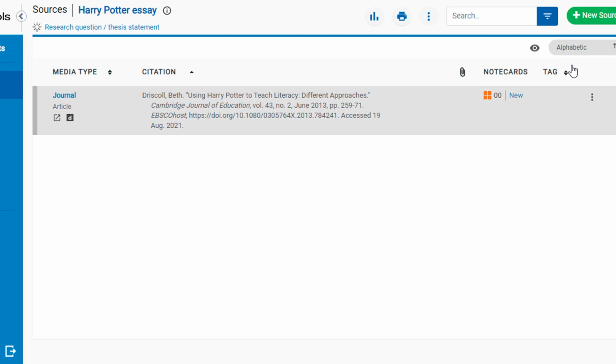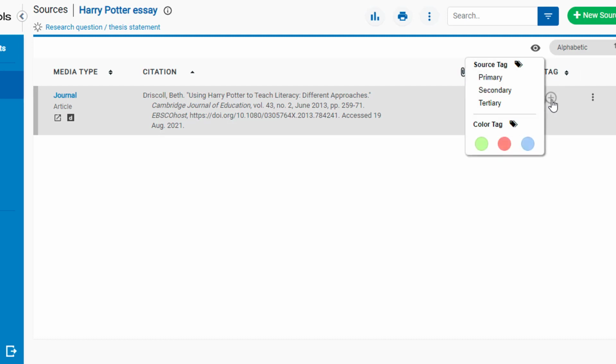I also have a few extra options to organize my sources, which is especially helpful if you start adding a lot of sources and you have a long list. I could choose to label the source type, primary, secondary, or tertiary, and this can be helpful if you have an assignment that requires a certain number of primary sources. And you can also give the source a color, which would just be according to your own categories or system